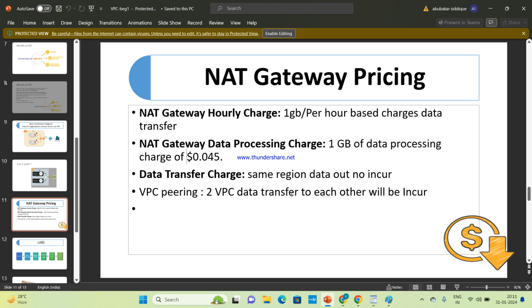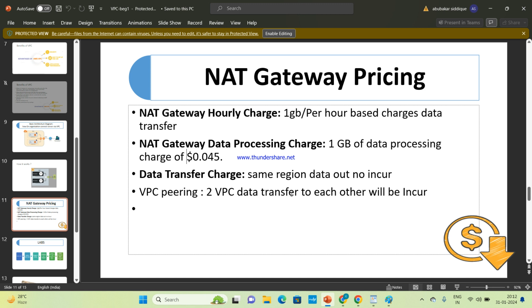Like if I'm in Ohio, there are multiple services, and I want to transfer data from one service to another, like from EC2 to S3, then it will not charge. But if I want to transfer data from this region to another region, then it will charge. Within a region it will not charge, but outside the region it will charge.